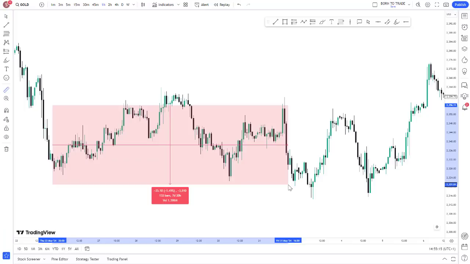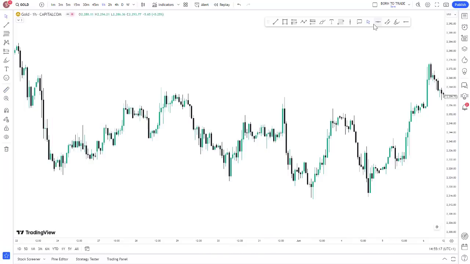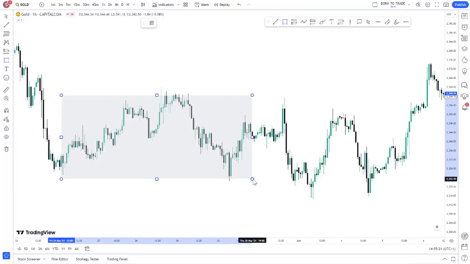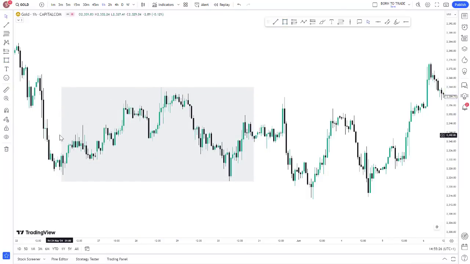That is, for one good week, price was in an accumulation area. And if you try to mark it, you're going to see this is what the accumulation area looks like. This is a range we've seen in the market. You see what this range looks like. Okay, you see the range.